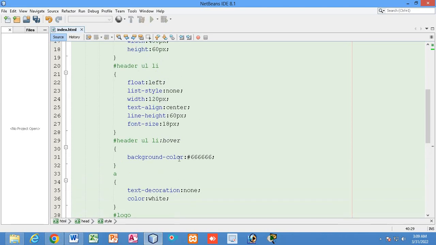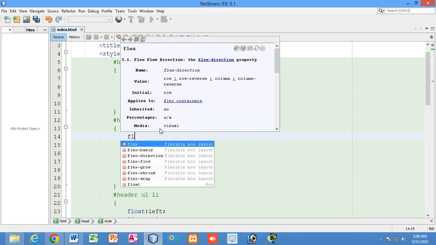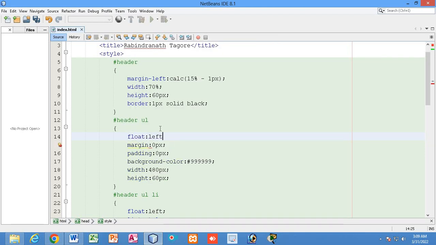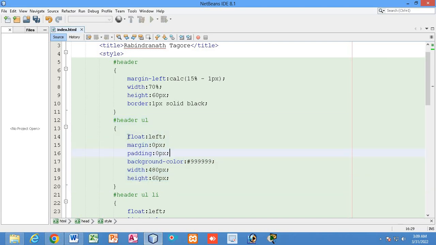Now I will give instruction to this unordered list, right? Now here I will write float left, right? So that means I have also given instruction to this unordered list, that kindly shift your property from the inline block property to inline property, and you should float at the left position, right?